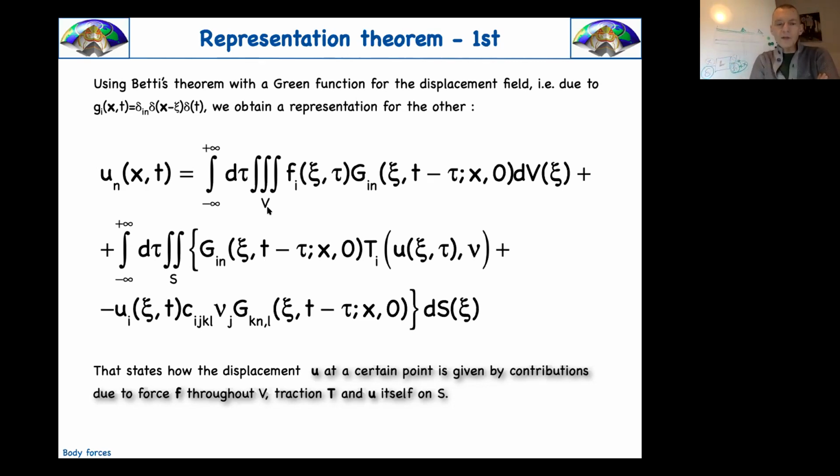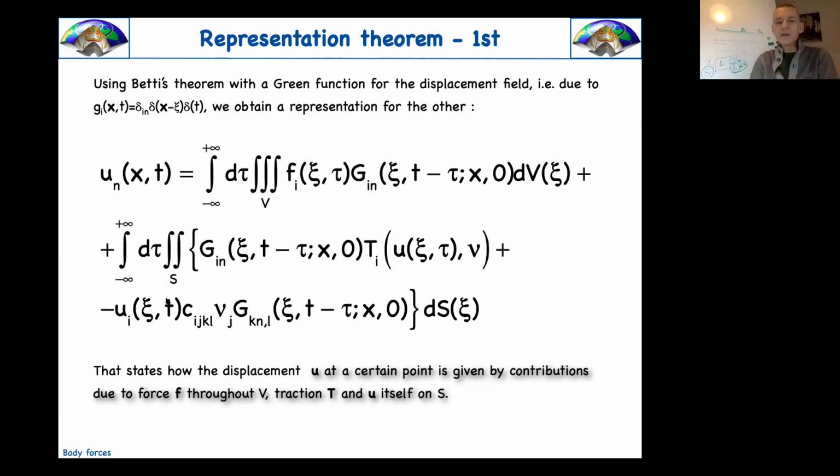What we can read here is how displacement U, our seismogram, please don't forget, at a specific point where we put an instrument, or where we are going to compute synthetically a signal in time, so that's our seismogram, will be the result of these 3 different terms. These 3 terms are made by 1 volume integral over body forces, but now these are the real body forces, gravity, for example,